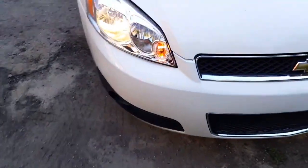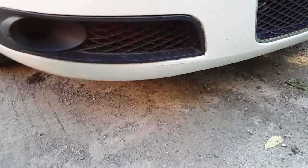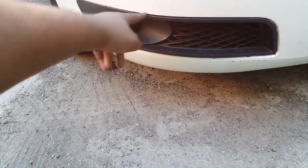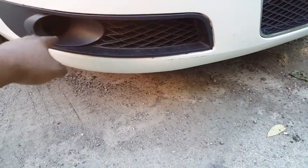Yeah, unfortunately these don't have fog lights. These, however, are the covers. The original bumper was the one that came with the little line across, but I just kind of